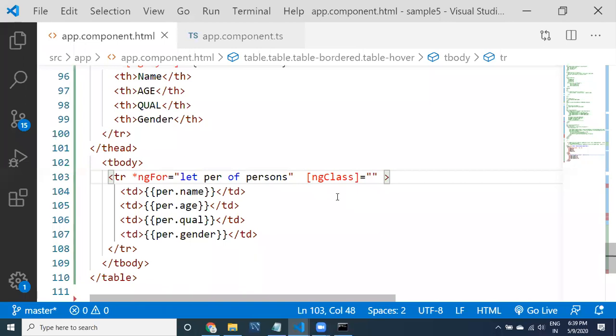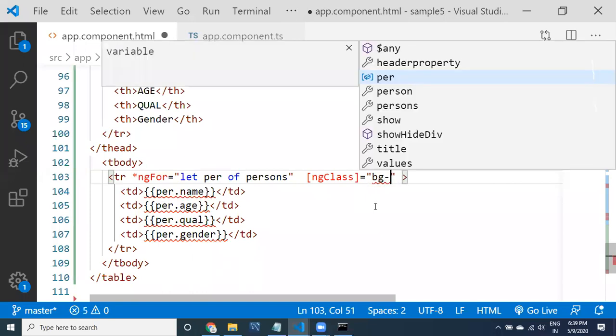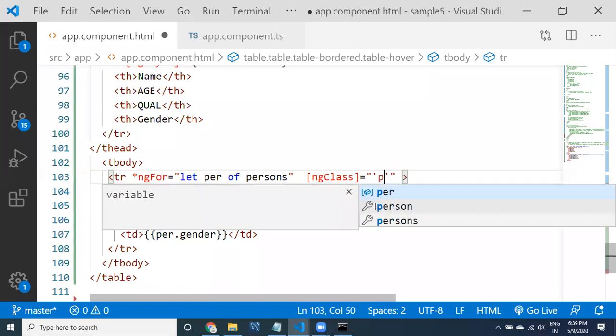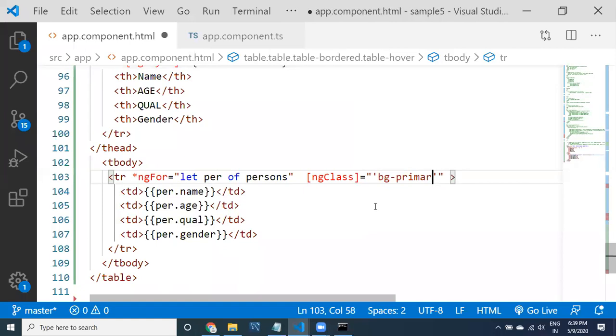Now whenever you see ng class, here you need to apply the classes. What I want to do is apply bg-primary. See here guys, bg-primary, directly you want to provide.